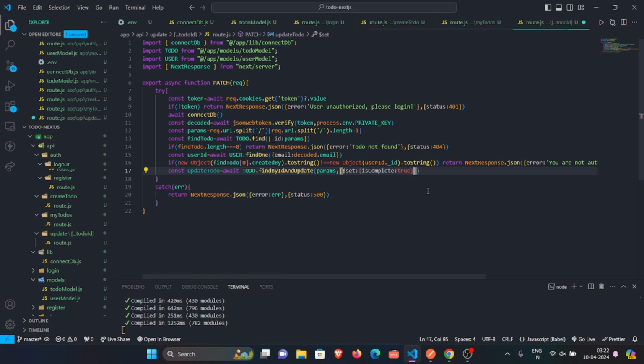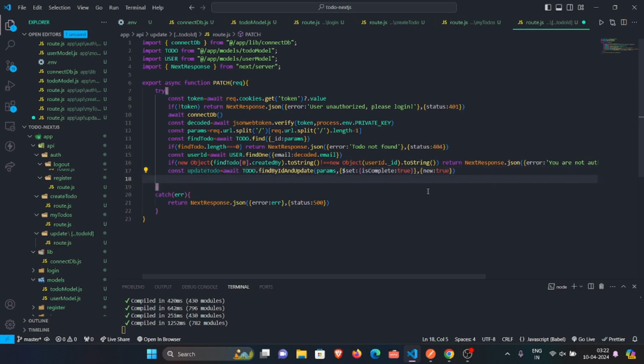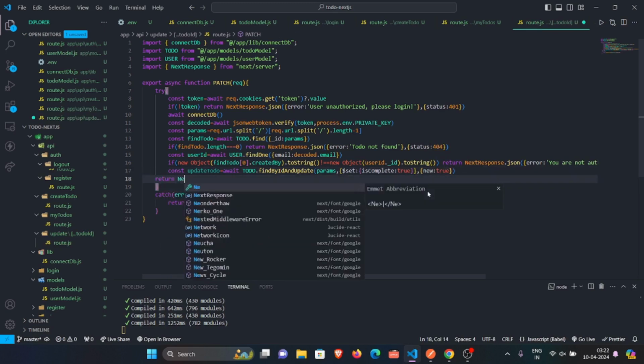Right. And now, if we need to return the new and updated document, then we can do that if we want to. And then what we can do is we can return NextResponse.json,